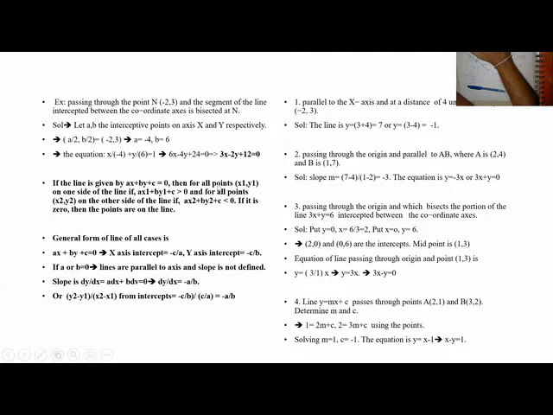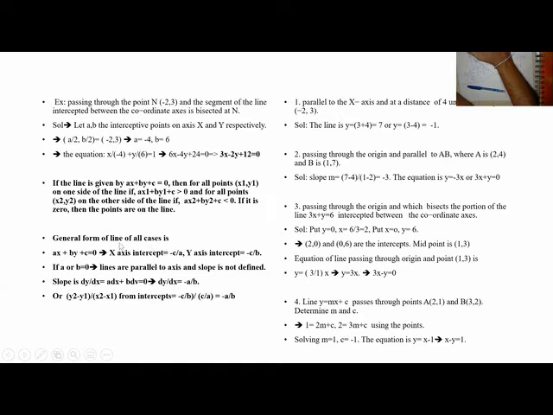Suppose this is the line. For all the points x1, y1 on one side of the line, if I substitute x1, y1 in this and get more than 0, that means it is on one side of the line. If I get less than 0, that means it is on the other side of the line. And if it is 0, that means it is on the line. It is one of the roots of the equation, so it is on the line. It may be the upper side or the lower side, depending on c, or the other side, and 0 means on the line. So there are three possibilities for a point relative to this line.